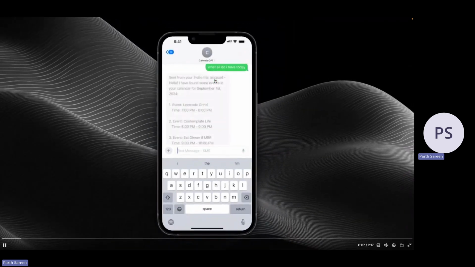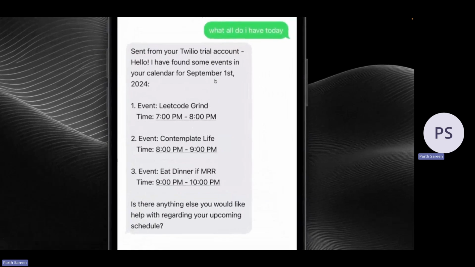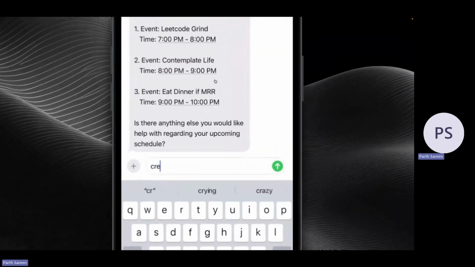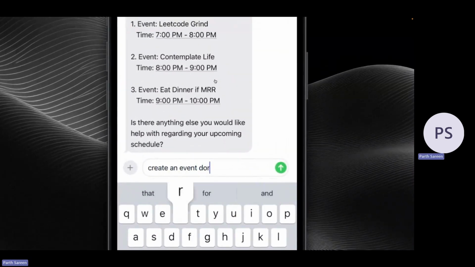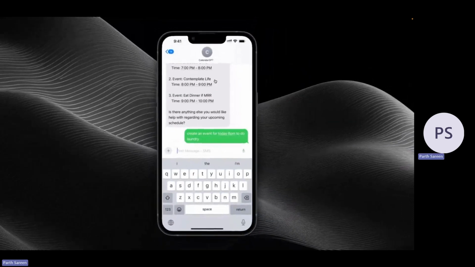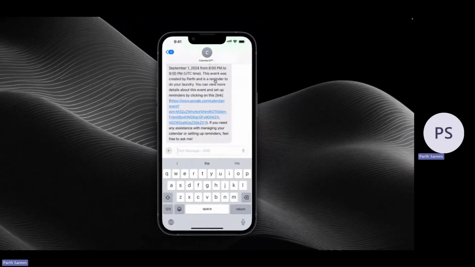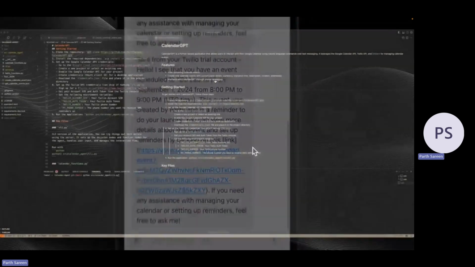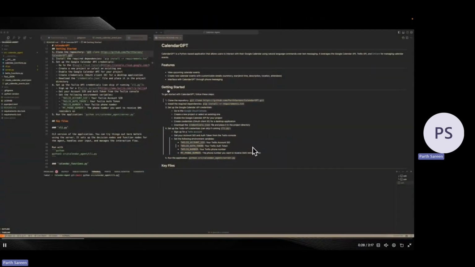I built a little thing called Calendar GPT, and you're able to interact with full APIs through just natural language. I did the exact same thing. I just set up different Google Calendar functions in Python. I gave them to Dagent. I said, okay, go do your thing, go set it up for me. And it just did, and it kind of just works.